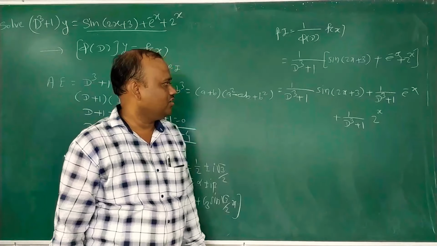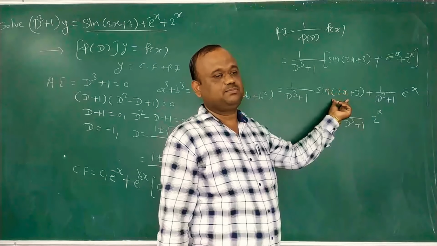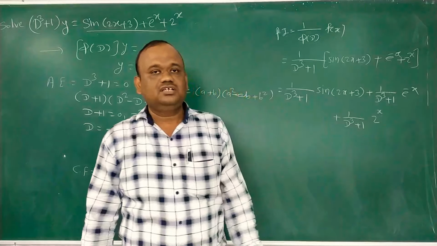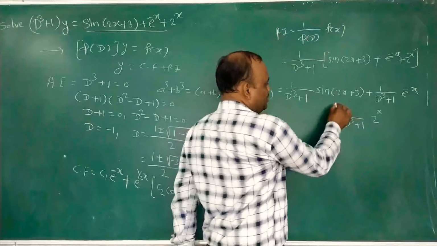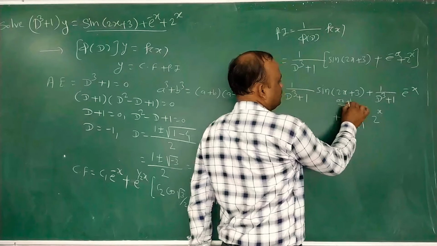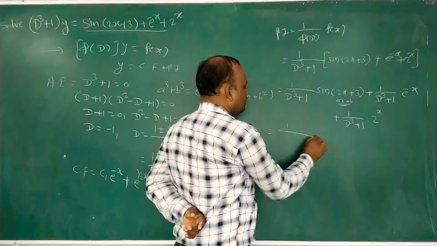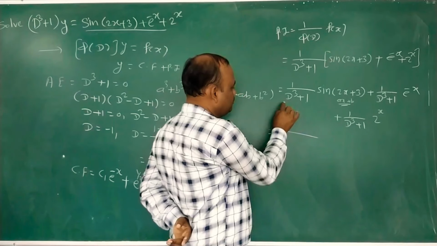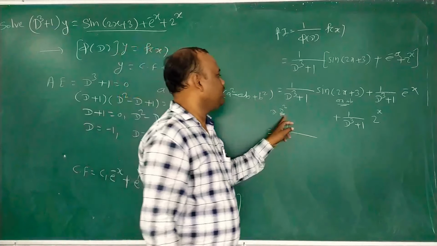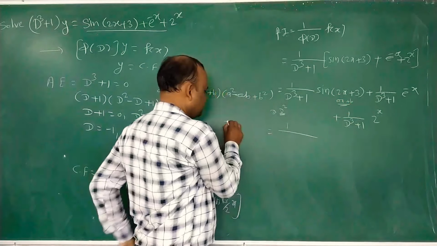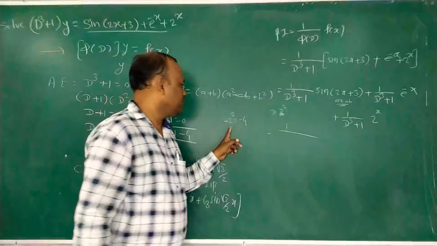Now, in the last video, I already explained if f of x is sin(ax + b), then how we write the particular integral. So we have to replace D^2 by -a^2. What is the value of a? a is 2 here, and we want D^2 for replacement, so D^3, if we write D into D^2, then we have to replace this D^2 by -2^2. -2^2 is -4. Okay, there is often confusion about -2 square.